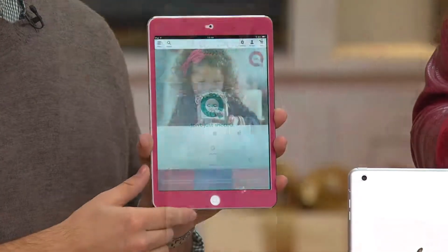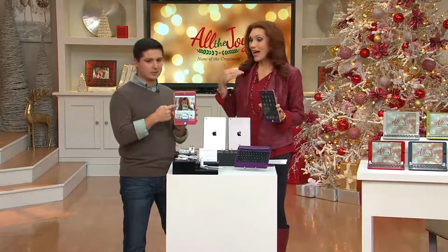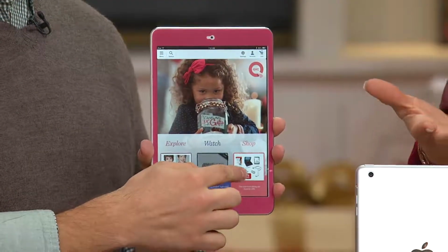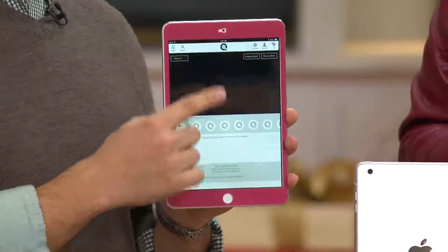My 8- and 9-year-old like to do different things than my husband and I like to do. Absolutely. And my teenager has all of her education apps on it. So let's talk about personalization, and then how do we get that access on this one to the internet? Yeah, so what